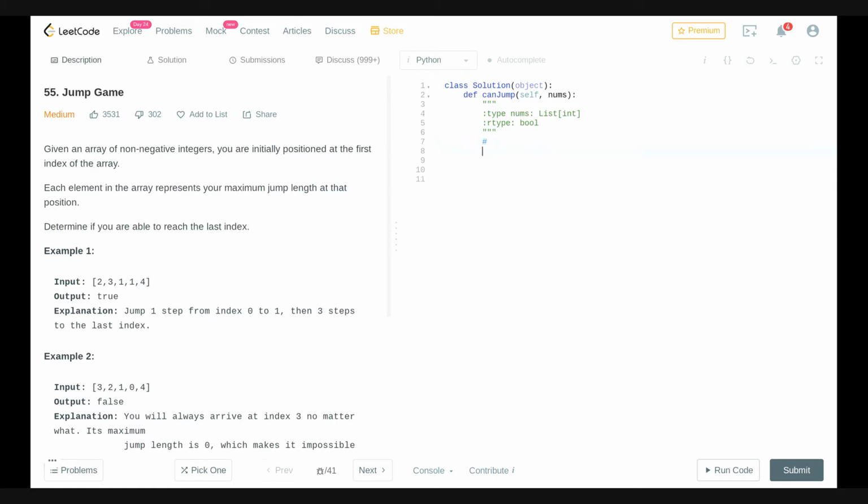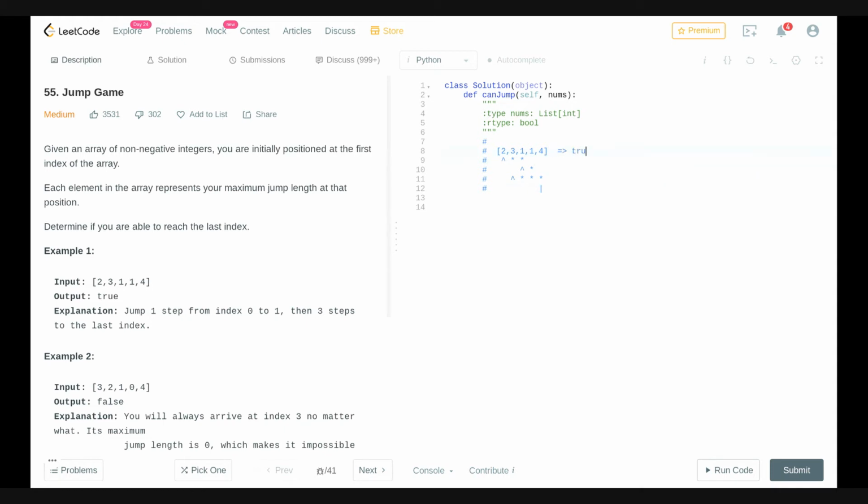So here if you see the example, 2, 3, 1, 1, 4. If you start from index 0, you can maximum reach up to index 2. Now suppose you jump to 1. From here you can only reach one other index. Suppose you had jumped on 3, then you could have reached 3 more spaces. So we were able to reach the last position, and hence this example turns out